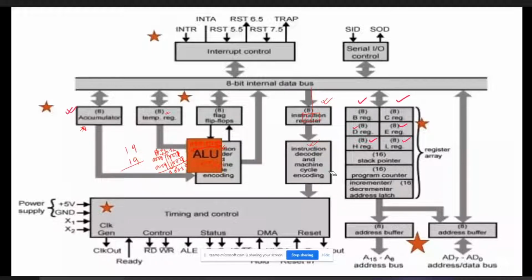Now here, what we see, whatever general purpose registers are there, all are connected to this internal data bus. Now suppose we have an instruction say ADD B. So how will the B register content be added? Suppose B content is 45 and A content is 45. How will these two be added? If ADD B comes over here